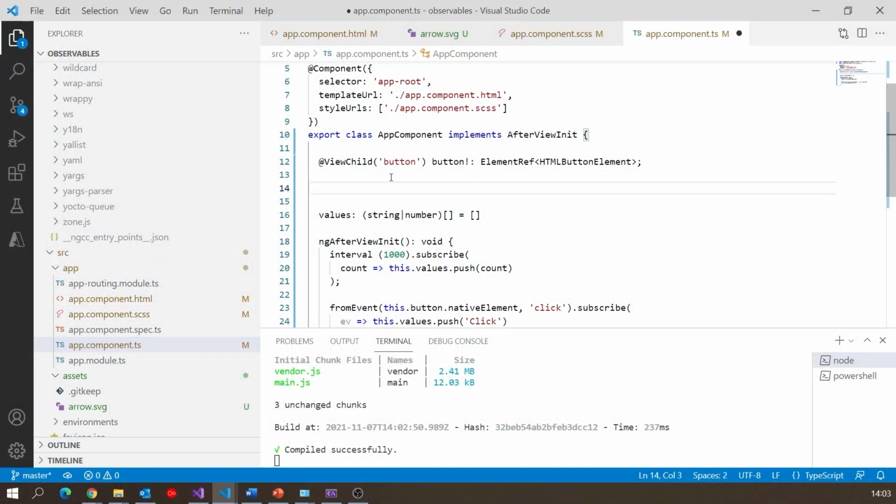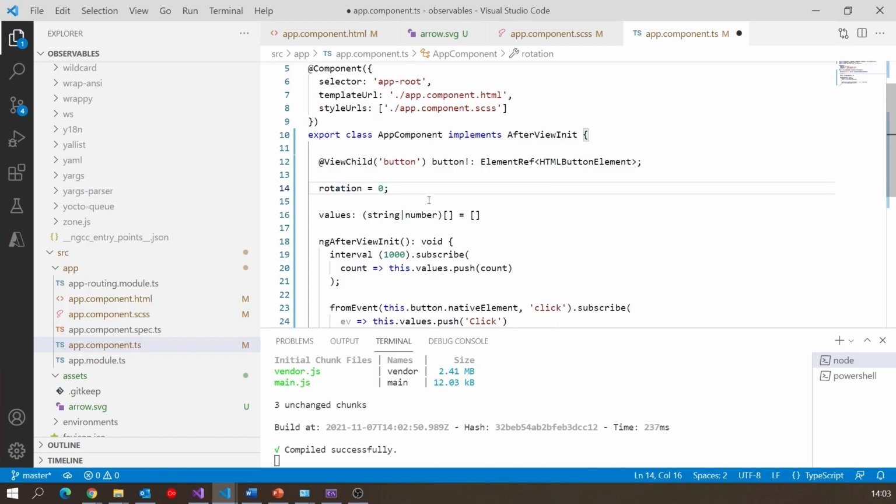So again, if we go back in there, we can see there come the numbers 1, 2, 3, etc. And then if I do click, we get the click inserted into that. And again, it doesn't terminate, I can keep on clicking, but it doesn't regularly emit unless I have actually clicked the button. Okay, so that's what we've got there. Now what we'd like to do is hook that up to make this dial start rotating in a nice way. So what we need to do is put on our component a field called rotation, and then we'll just give that an initial value of 0. So that's what we've got there.